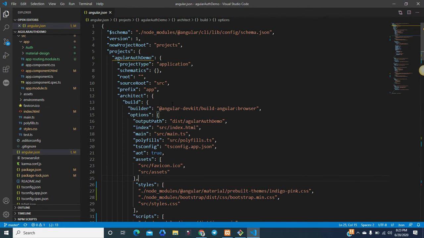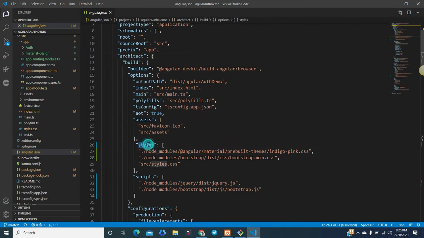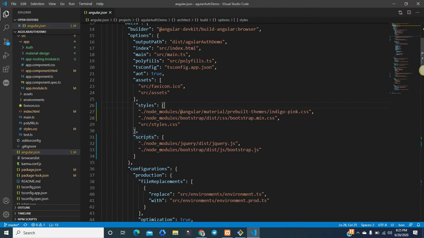You can see here that this is the Angular workspace configuration, where you can manage all the configuration. For example, whatever style you provide in this array will be available globally for the Angular application. Similarly, if you want to include some script that should be in the whole application, you can add any script through this array.